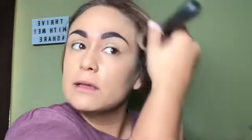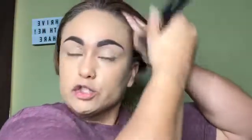Oh, I used the No Pore Blim Primer by Touch and Soul. I got it in my BoxyCharm and I've really been liking it. So I wanted to try it out with this foundation today for Try It Tuesday. Pun intended. But I normally use a hydrating primer because the Fenty is rather drying. And so I used a little bit too much up here. So I normally use the Too Faced